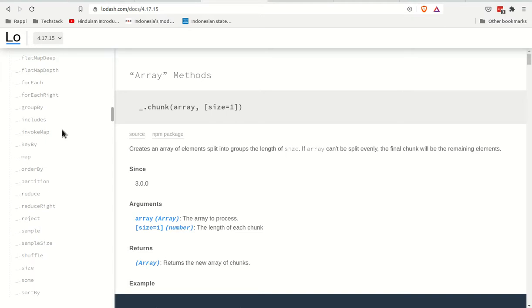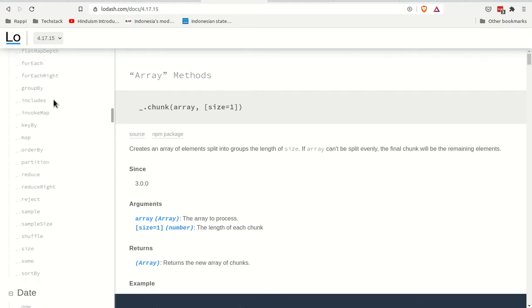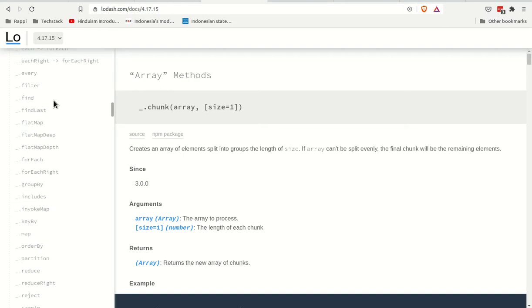So I'm accustomed to this using a library. I do lots of data transformation using Lodash, this library. So I'm familiar with functions like map, reduce, filter, and all these functions that you see here. But